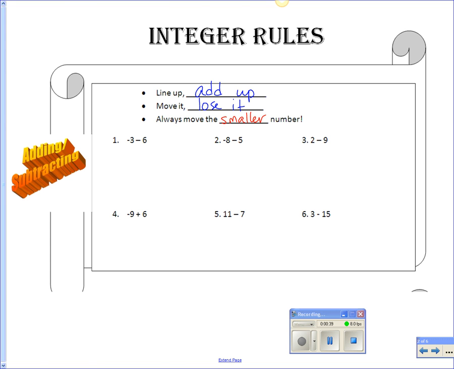So you may already know how to do these problems, and if you do, that's fabulous. If you don't know how to do them, I'm going to show you a method that I really like. I think it's really helpful to do. So on number 1, I'm going to draw a chart, which is how I do these. I draw a negative, positive chart. So if you'll just do this for the first few, and like I said, if you have a different way to do it, that's fine, but if you'll do it my way for the first couple, just so you can see this method. Okay, so you're going to draw a negative, positive chart,